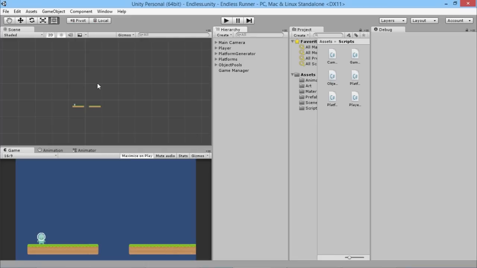So, the next thing we're going to make now is a score manager system to keep track of the score and keep track of the high score of the player and to be able to show it on the screen. So, we're going to need to show some text on the screen. Basically, we're going to need to show the score up here in the corner and a high score in the